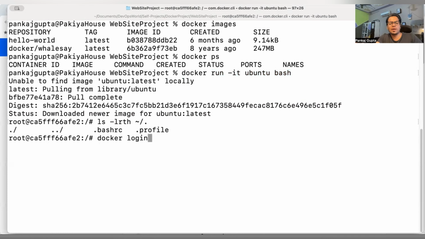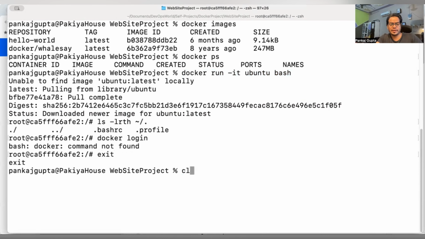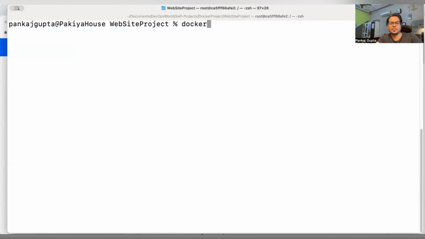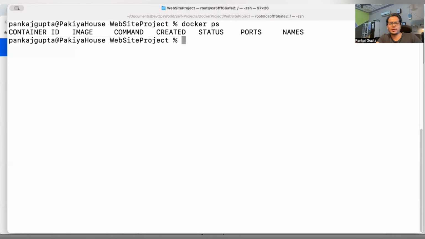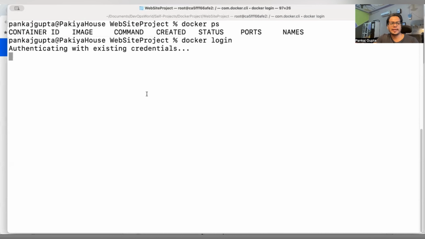When I run docker login, it asks... oh, so sorry, I'm inside the container. Let me clear the screen. docker ps, again, no container running. So for this, I have to first run docker login. When I run docker login, it asks,